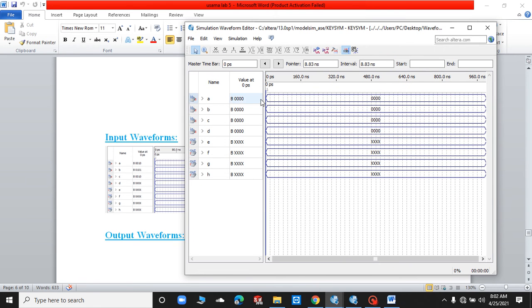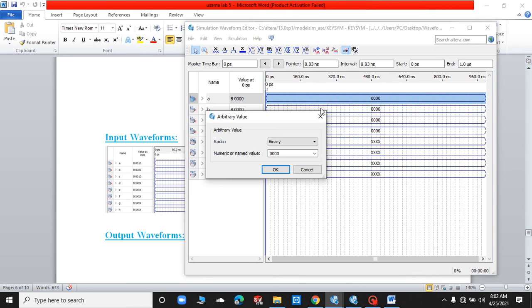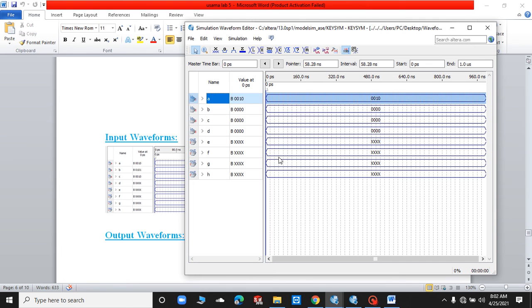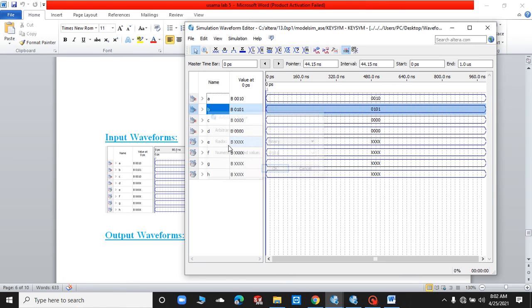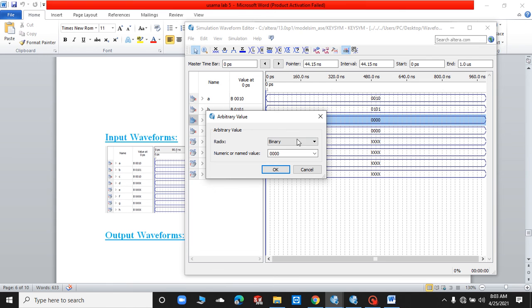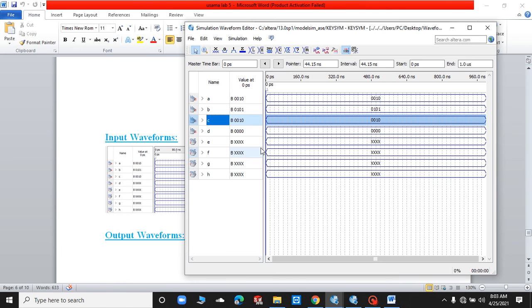So this would be changed to 0010, that is okay. That now 0101. So let me just change it to 0101, click on OK. Then I have 0010, click over here 0010 and 0010, click on OK.